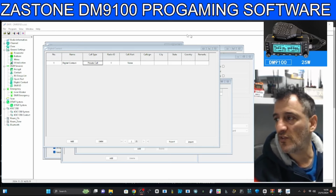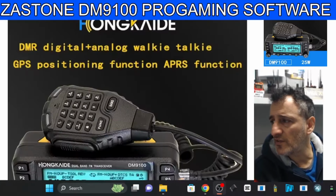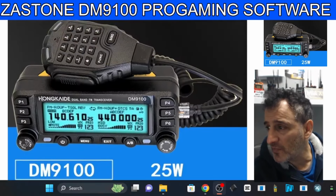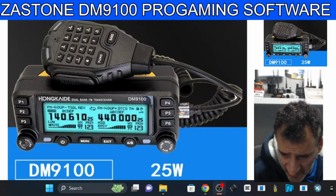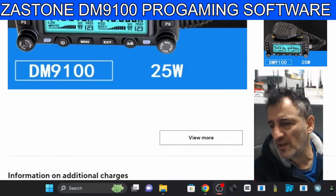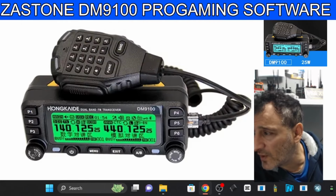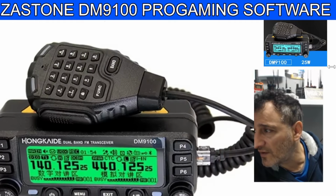Let me just quickly show you the selling site, and then we'll end. This is the selling site. Obviously DMR, digital and analog radio. I'm not seeing contacts on screen there, can you? I think that says Hokkaido, but anyway, Zastone, isn't it? Click view more. Now, if you look at all the information text that is showing on that screen, because this is literally showing everything,